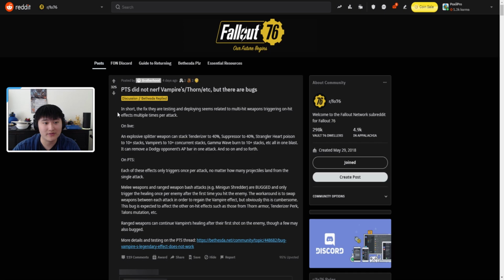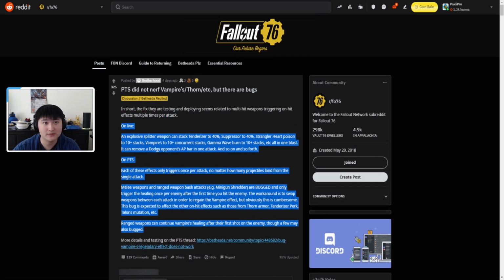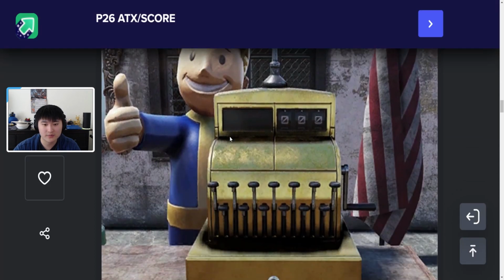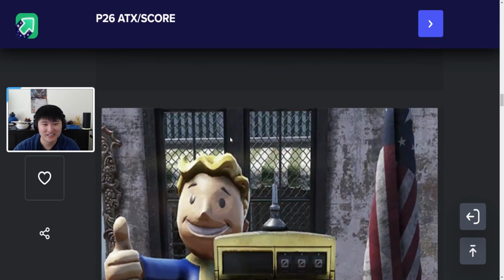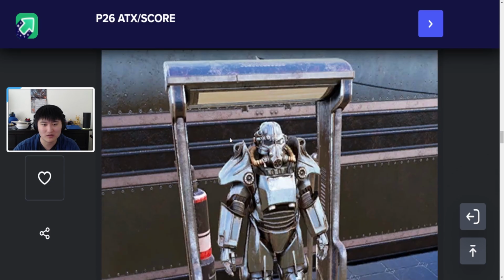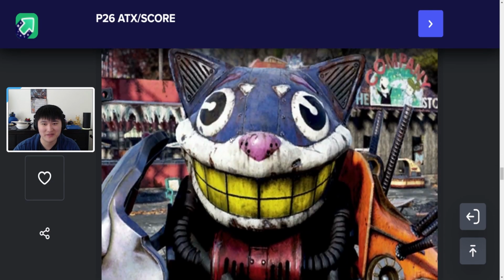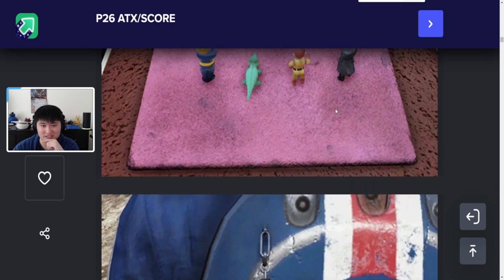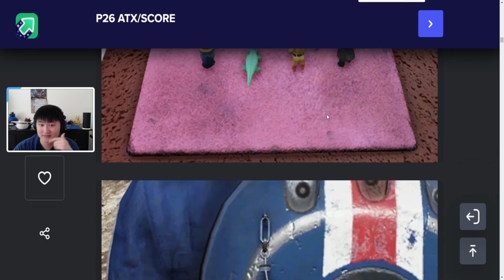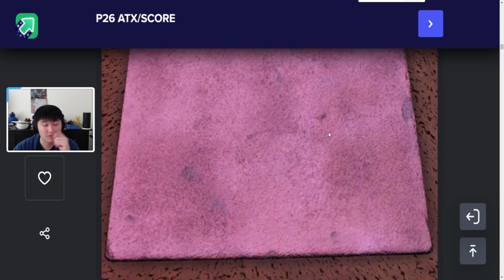So if you're interested in this, I'll have this link in the description. They're pretty much just fixing some things regarding these weapons and items. There's also some more leaks from the scoreboard. There's like this golden cashier looking device, which is interesting. We have like some brick walls. This is what the power armor display looks like. Also a Mr. Fuzzy, I think is what it's called, power armor helmet. Some sort of dartboard. I'm not sure what this is supposed to be showing off, but it's one of the leaks. Some sort of blue carpet, an outfit of some sort, some sort of pink carpet, maybe